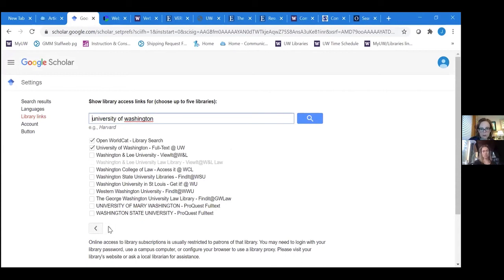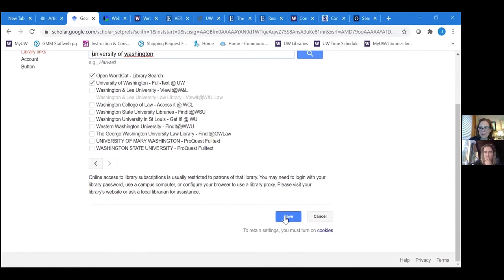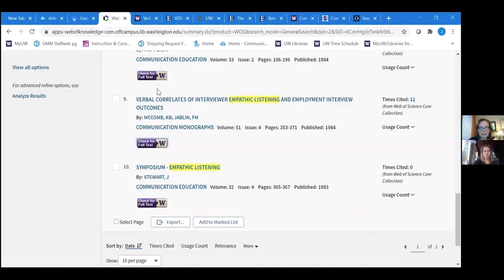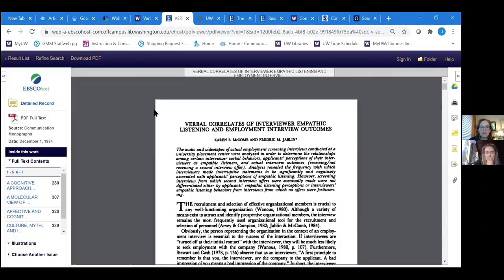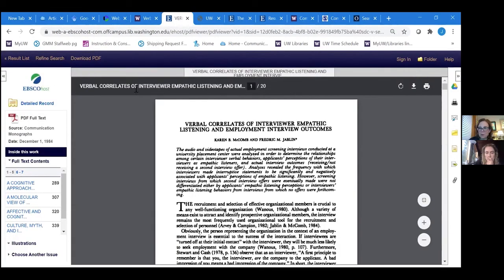So you'll click through to the second page using the little toggle here. You'll select the option for University of Washington full text at UW, and then you'll click save. Basically, this is that little purple button that we saw in Web of Science, check for full text at UW, and the one in the EBSCO database